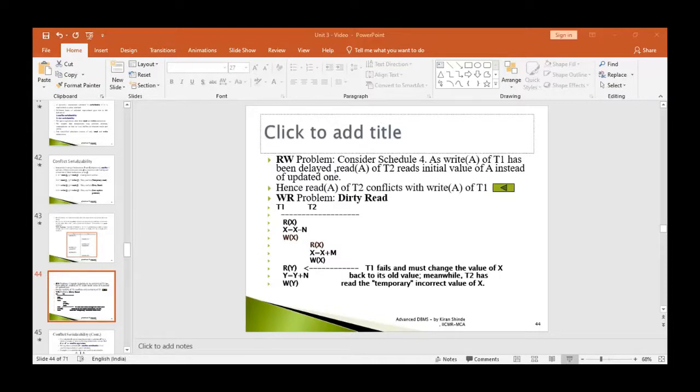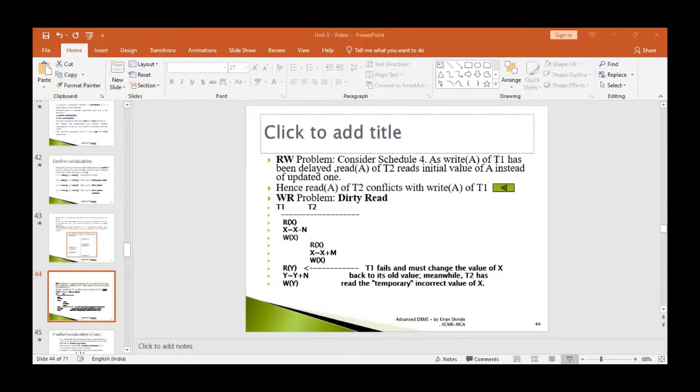Continue further, Wx, Rx, T3 to T2. Yes, there is already an edge present, so no need to draw one more edge. Wx, again there is conflict, but there is already an edge going from T3 to T2. If you see this particular precedence graph and observe very carefully, even though there is connectivity between all the transactions with the help of edges, still there is no presence of a cycle in this precedence graph.